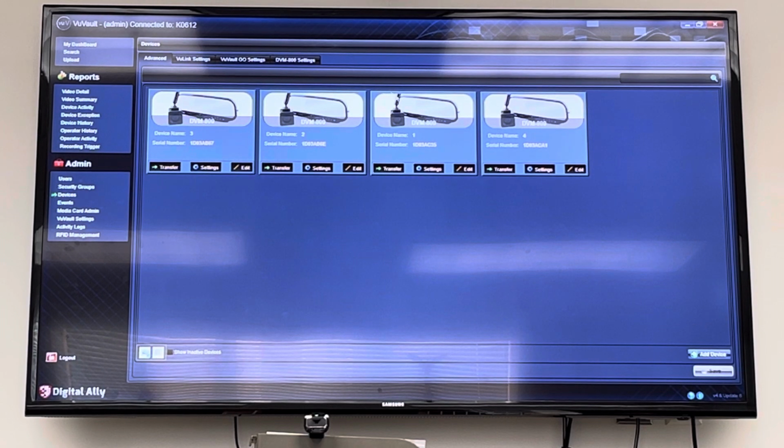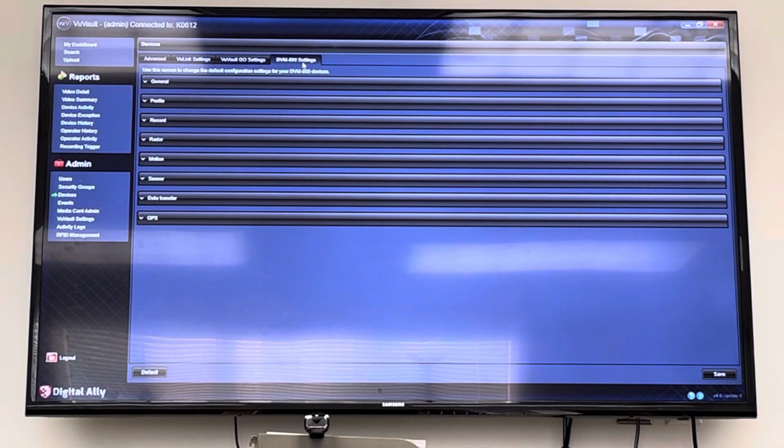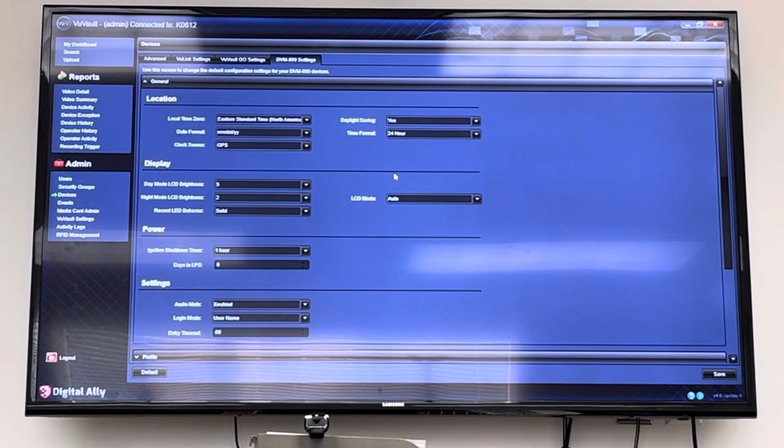But once these are defined in the system, you've got this DVM 800 settings tab at the top. This is the global configuration. It's what all of those devices will follow by default. So in here you can define all of the general settings, say for your date and time, how long the ignition shutdown timer is set for, your brightness of the display during the daytime versus the nighttime, your login mode, whether it's username or user ID,